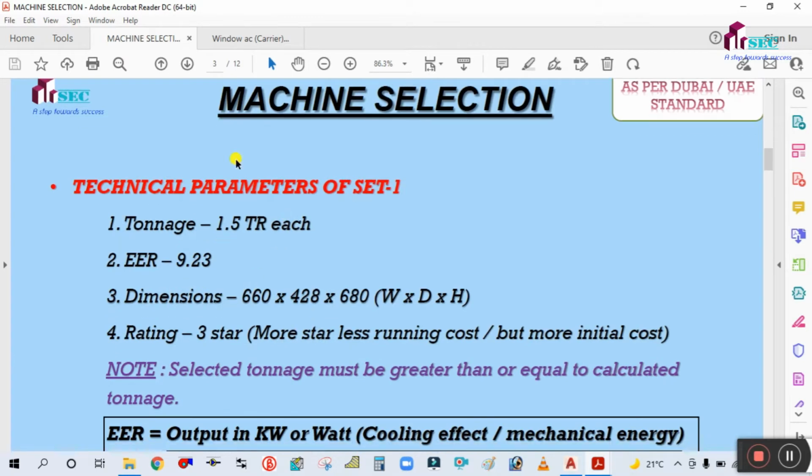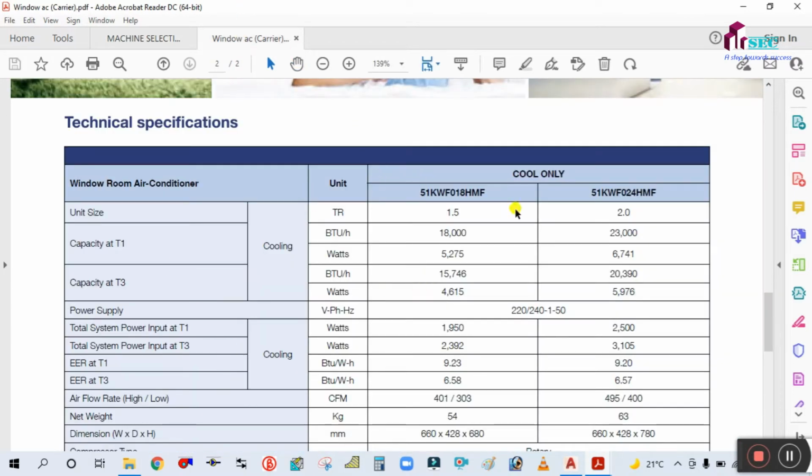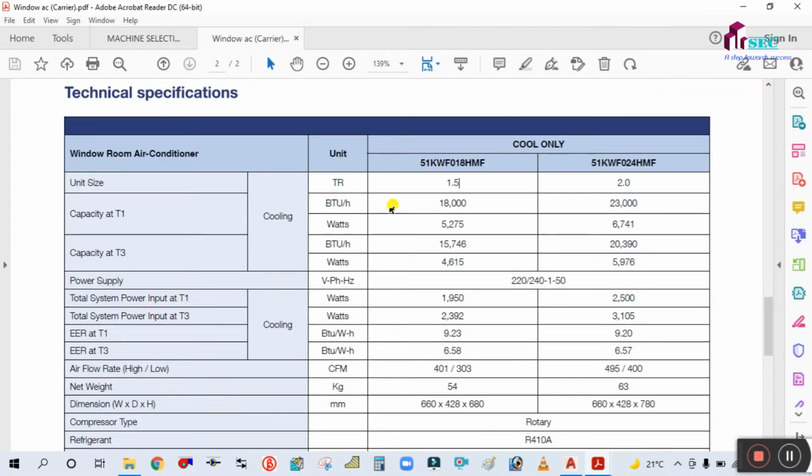Now we will discuss the technical parameters for set 1. So tonnage is 1.5 ton. EER is nothing but the energy efficiency ratio. So EER is 9.23. You can select here. I have selected this 1.5 ton machine here. You can see the cooling capacity at T1 is 18,000 BTU per hour, and